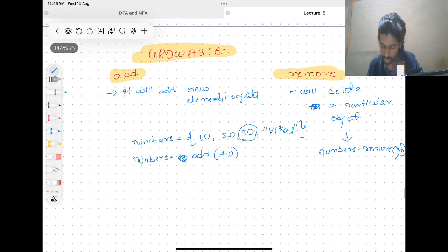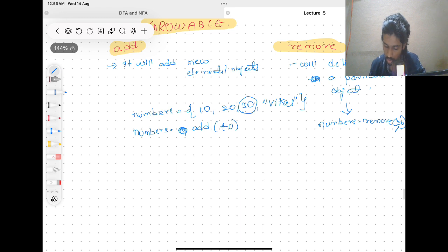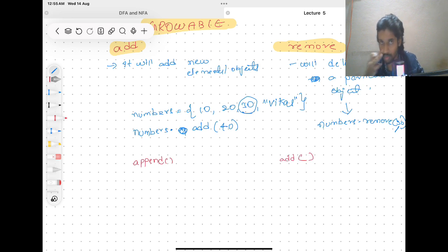So now let's talk about the differences between the append method in list and the add method in set. Because we used the append method inside list, and now we are using the add method in set, there should be a difference, or else we can just use the same thing. If we are using a different method for set than for list, then we should see the differences between these two methods. So the difference is that